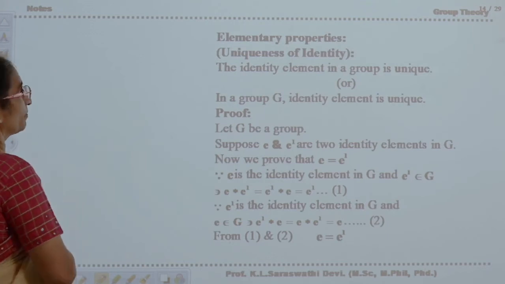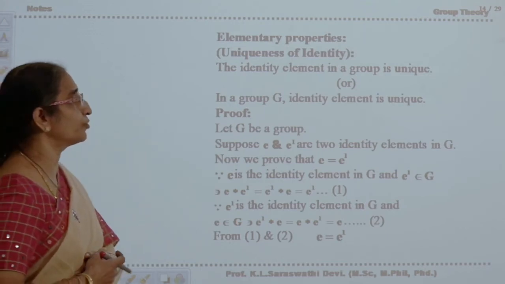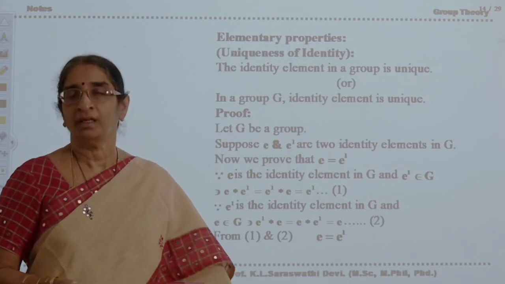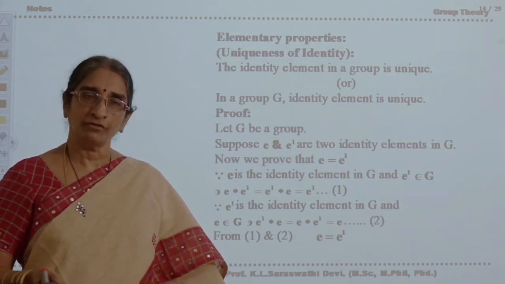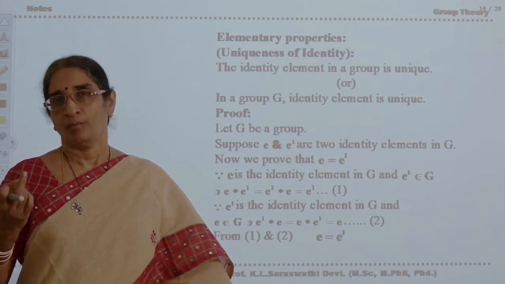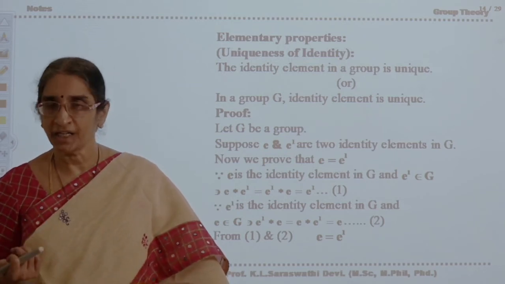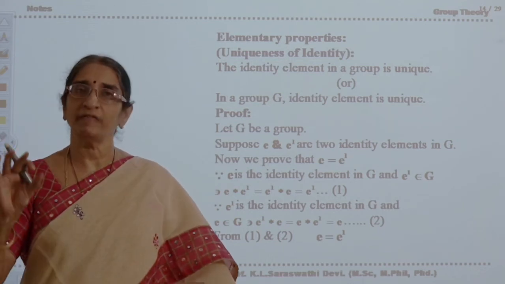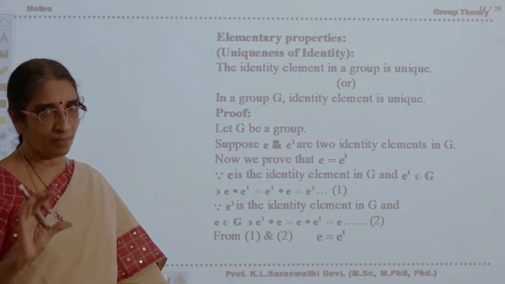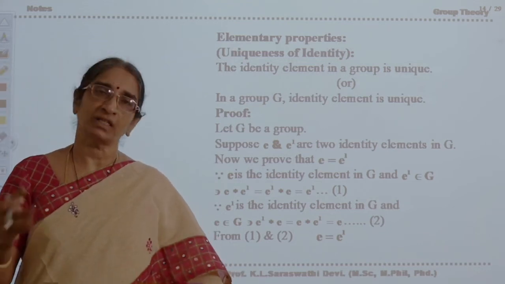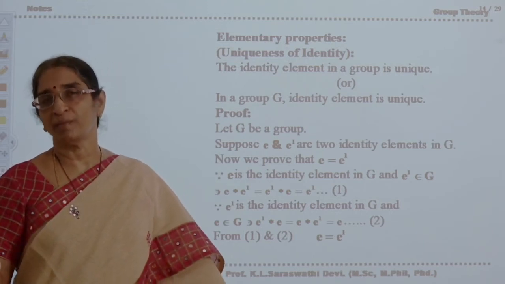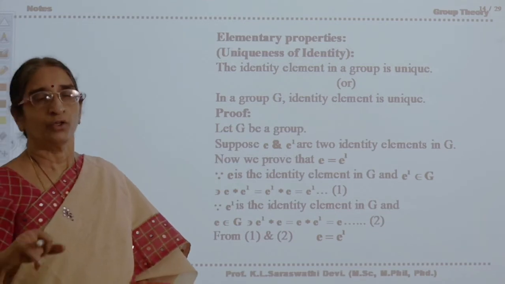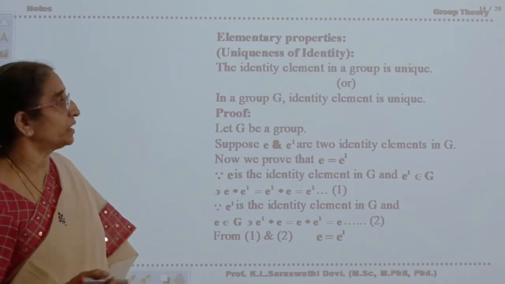Okay, now see elementary properties of groups. Now we will see the properties of groups. Till now what have you learned? You have learned the definitions of groupoid, semigroup, monoid, group, abelian group, and whether it is a finite group or an infinite group. When will you say any group is finite? If the number of elements in the group is finite, you say that it is a finite group. If the number of elements in the group is infinite, then you say that it is an infinite group. Now, you are going to see the properties of the group.